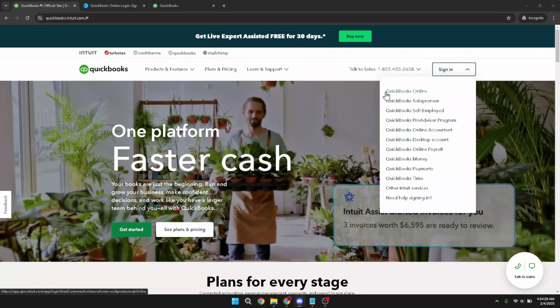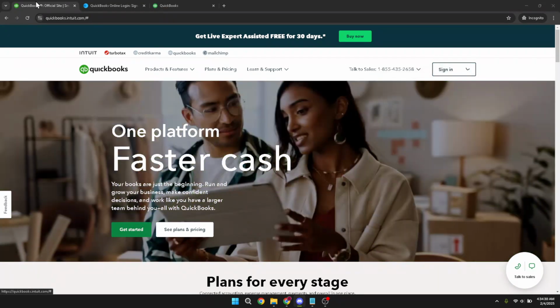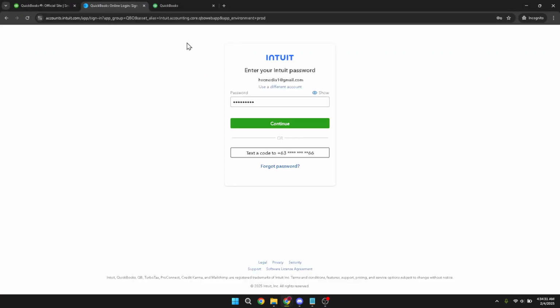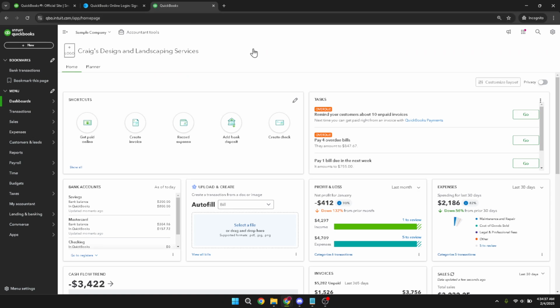Next, you'll need to enter your login credentials, type in your email and password, then hit the Continue button to proceed. It's essential to have the correct credentials on hand, so take a moment to double check if needed before moving forward. Once you're logged in and on the QuickBooks dashboard, direct your attention to the left-hand menu and look